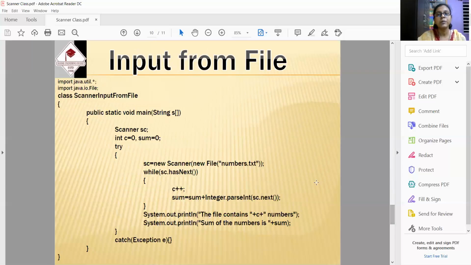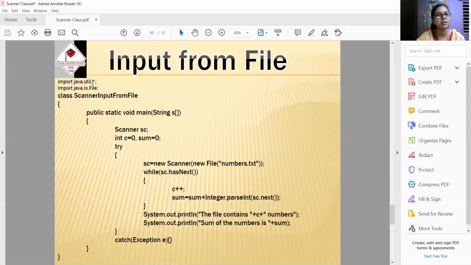Now I have already told you that input can be taken from the keyboard, the user input device, or it can be taken from a file also. How? Since I am taking input from a file, java.io should be imported, and because it is related to a file, java.io.File class is declared.